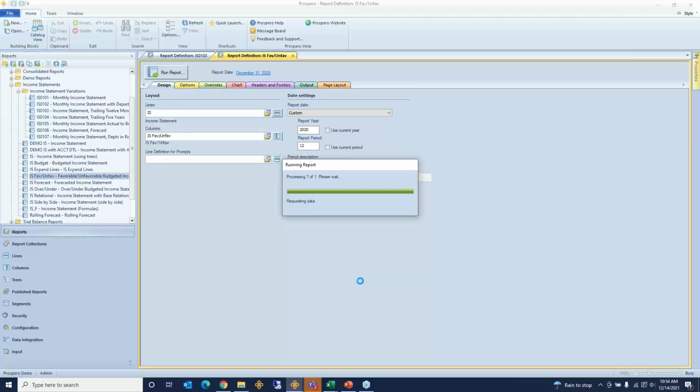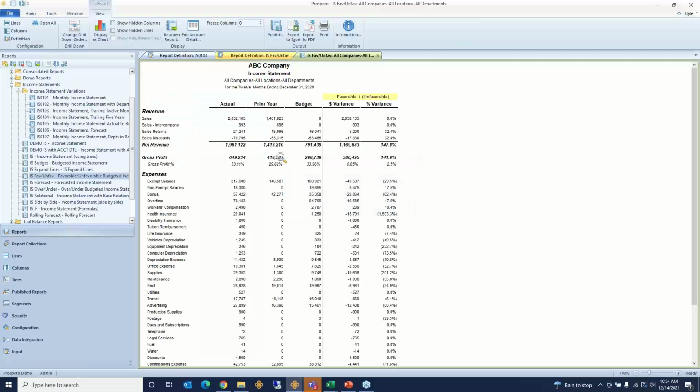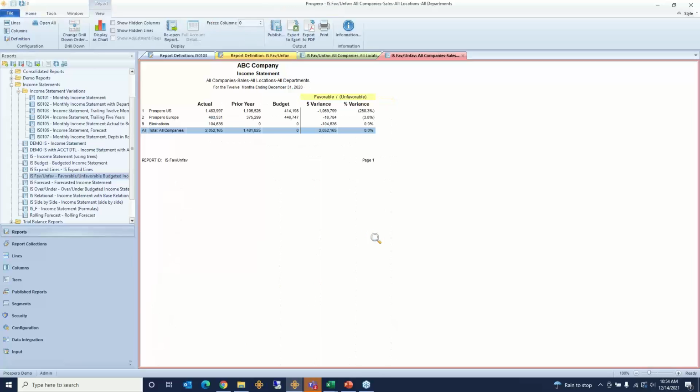Now, one of my favorite features, and I always love analyzing data instead of processing it, is that when I drill into that same sales line, instead of going first to the departments of a single Denver location, as we saw earlier, I'm now the CFO, and my first level of drill down analysis is by company, like Company 1 US, Company 2 Europe, elimination. Now, speaking of elimination,